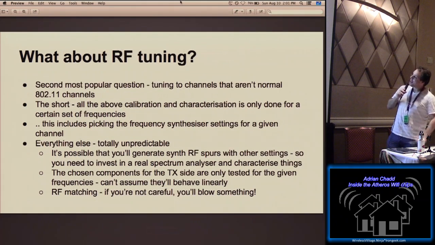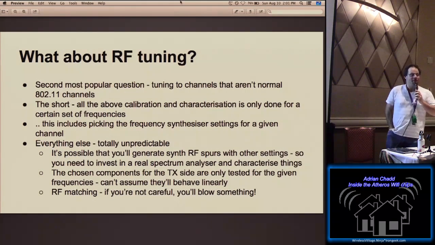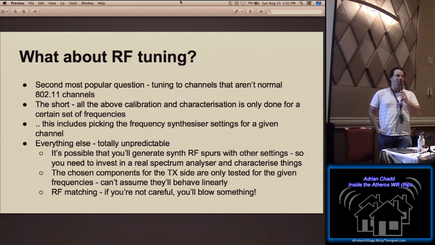The next thing people ask me is, can I make it tune to like 6 gig or 4.8 gig, or like, can I pick a tuning that isn't one of the channels? And the short answer is sure. The long answer is we only calibrated the NICs for specific channels for all the reasons I just talked about. And yeah, you can pick arbitrary frequencies to tune the chips to, but not only has it not been tested and you may damage things, the RF synth, RF is weird, and as you change the RF synth, it's doing